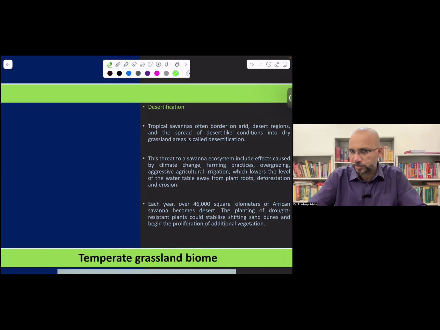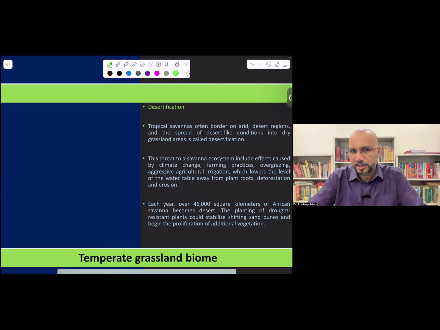A similar initiative is also being taken up in India, where they are trying to build a green wall from Delhi, almost from the Faridabad area, parallel to the Aravalli Hills, from Gujarat to New Delhi. In this entire region, they are trying to build a Great Green Wall, similar to what has been done in the Sahel region. So desertification is another big problem. Overgrazing, these are all there. Desertification is another major problem.